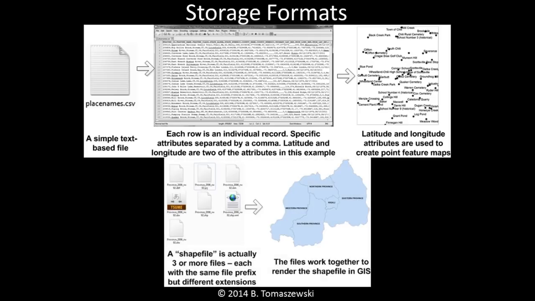This figure shows a shapefile, the specific files that comprise a shapefile, and what the contents of a shapefile look like when displayed in GIS, using Rwandan provinces as an example. A shapefile is actually a collection of 3 or more files for storing vector GIS data and has been a de facto, although not official, spatial data standard for many years due to ESRI's large GIS market share and publication